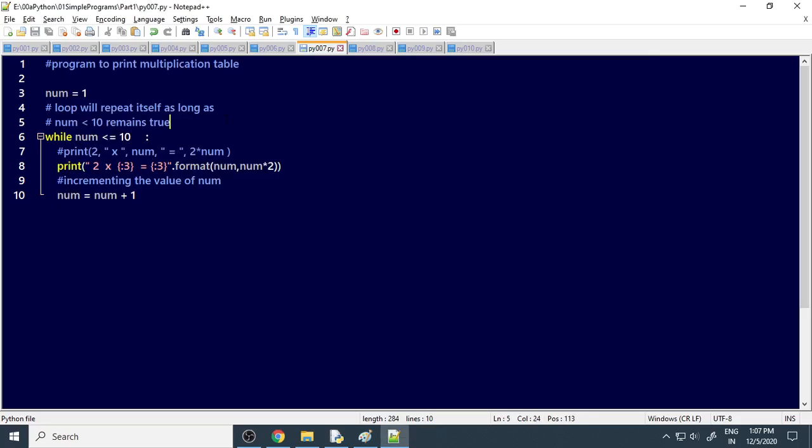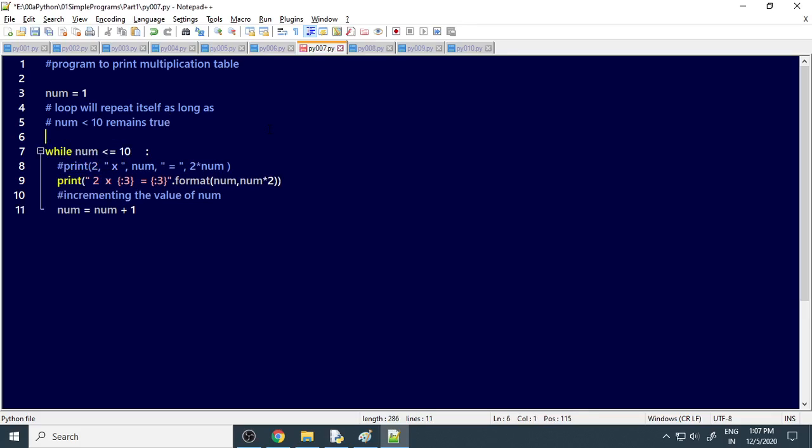Next, what we do is we want to print for all the numbers. So then we take one more number. Let's say n is equal to 1. Okay, so otherwise we put one more loop. So n is equal to 1.